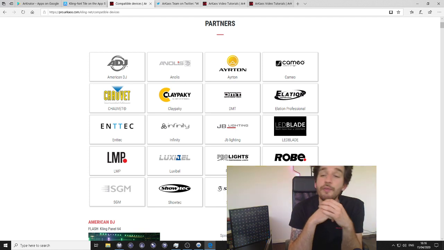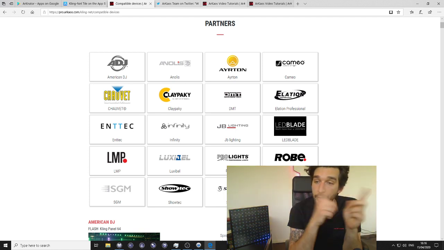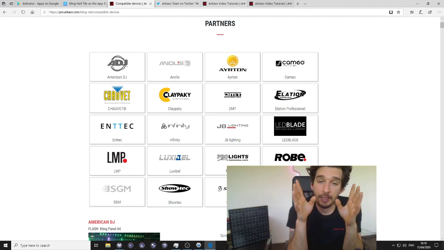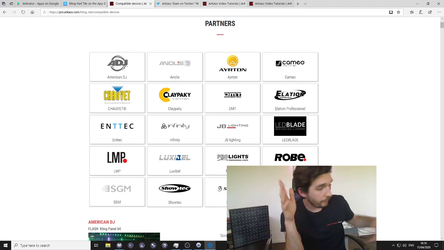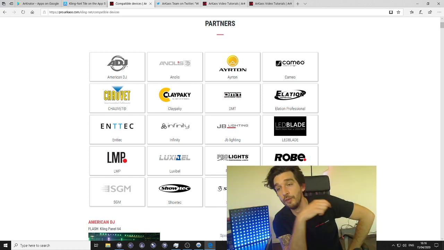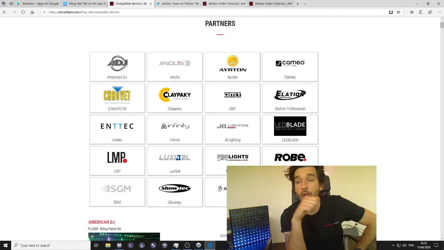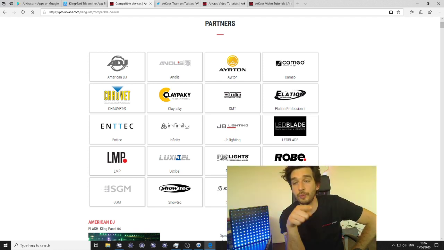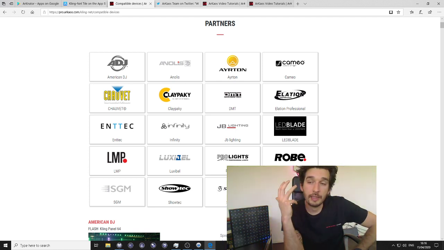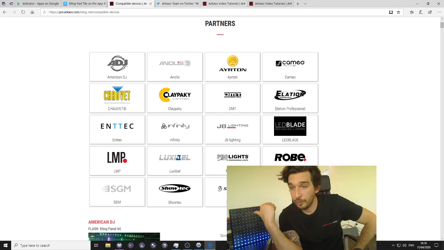KlingNet, what's the big difference between KlingNet and ArtNet? So KlingNet is a two-way protocol. KlingNet is a protocol that will help my software, my server, to know what's connected on the network. A KlingNet fixture on the network will give all the information needed for mapping to the software. It means that KlingNet is not library based.